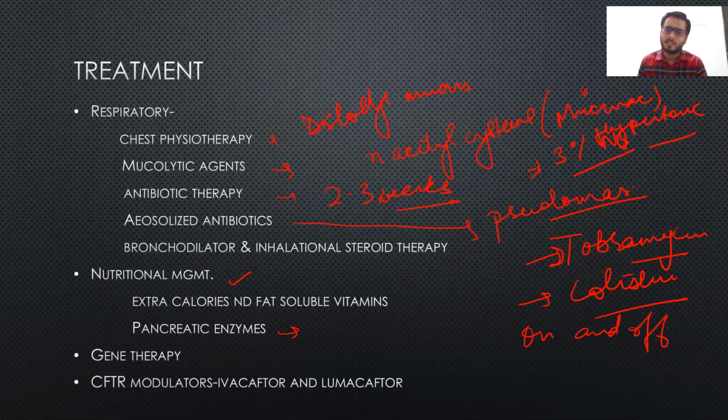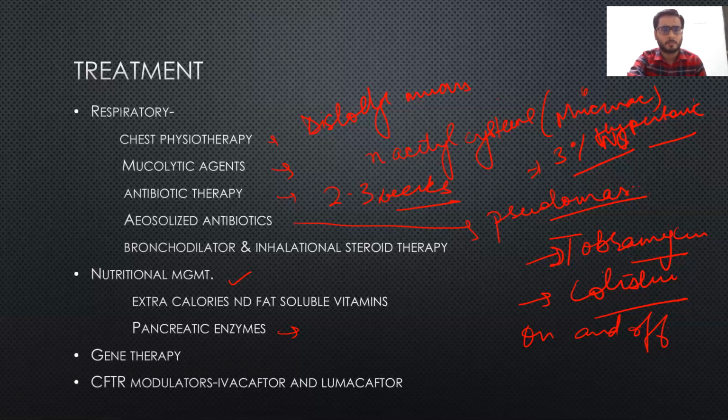Gene therapy is basically working at the gene level, correcting the mutation by incorporating the CFTR, which is again under research. Next are the 2 drugs, CFTR modulators, which modulate the function of the CFTR, and it is based on the different mutations. Different drugs act in different mutations. At this point of time, you have to remember ivacaftor and lumacaftor. These are the two drugs which also come as questions. You have to remember the names ivacaftor and lumacaftor.